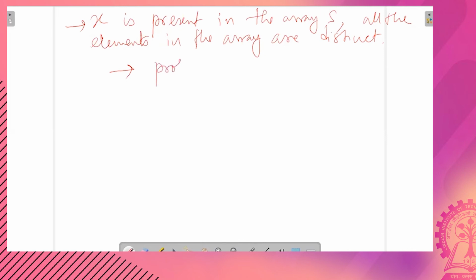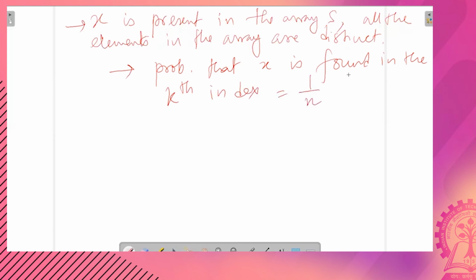probability that X is found in the kth index is equal to 1 by n, where n is the total number of elements in the array S, and the indices, as you have already seen, that is the value of k, run from 1 to n.